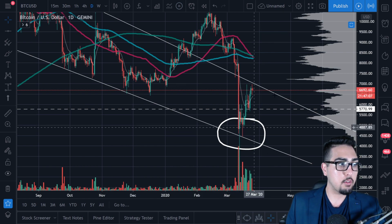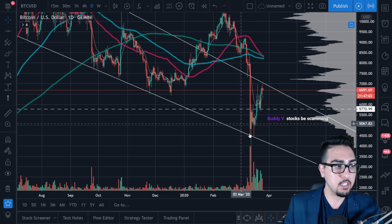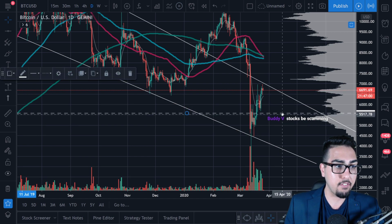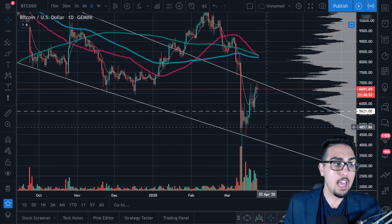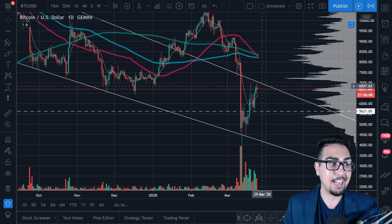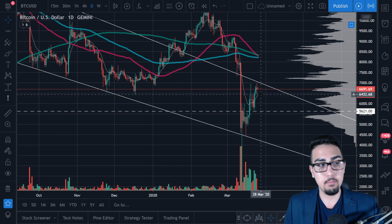So first and foremost, we've got this falling wedge pattern forming here, and that's very significant. We want to continue to watch this. We've also got that 200-week moving average right around that 5,050 level. You can see here, we initially bounced on that 200-week moving average briefly, and of course, we're still seeing this $7,000 level acting as a level that we want to fight towards and possibly break,